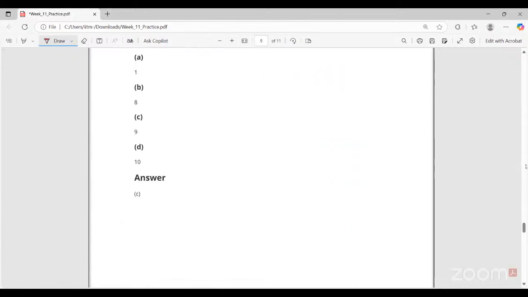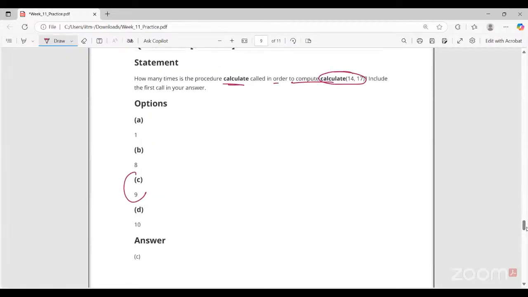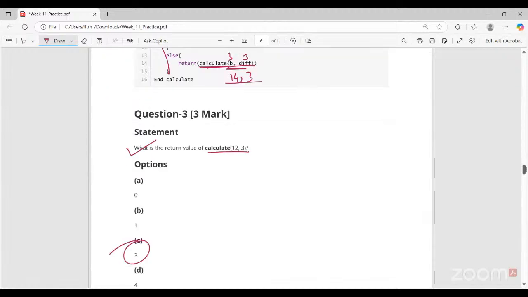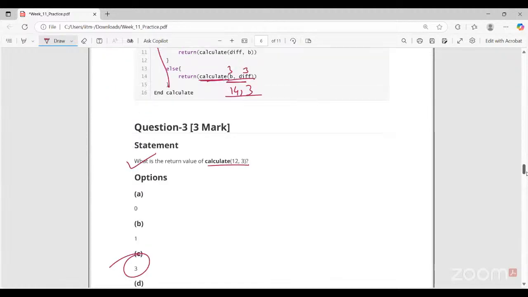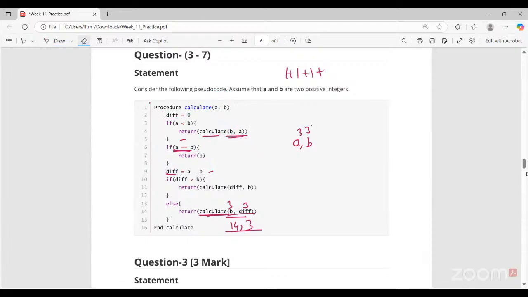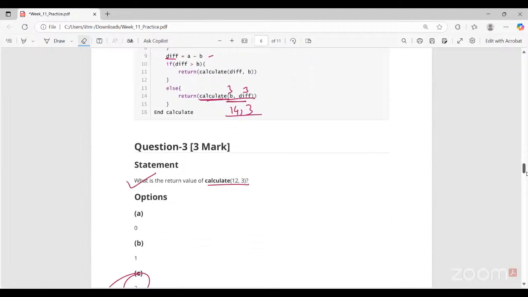Sorry, 9 times. Yes, 9 times. So 9 times we have to execute this particular function, and then we are going to get the answer 1 here. So what we are doing here actually: for 17 and 14, the answer was 1, and here we have 12 and 3, the answer was